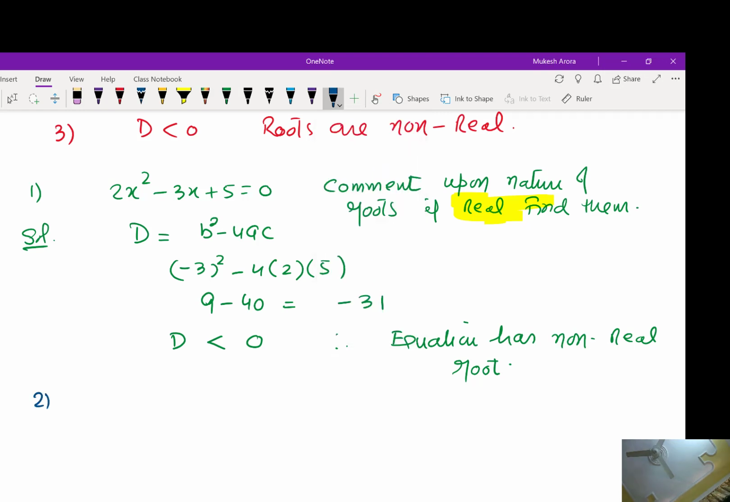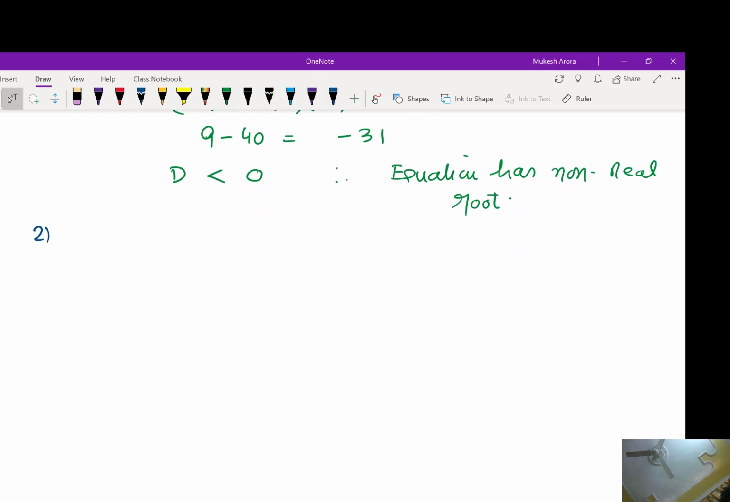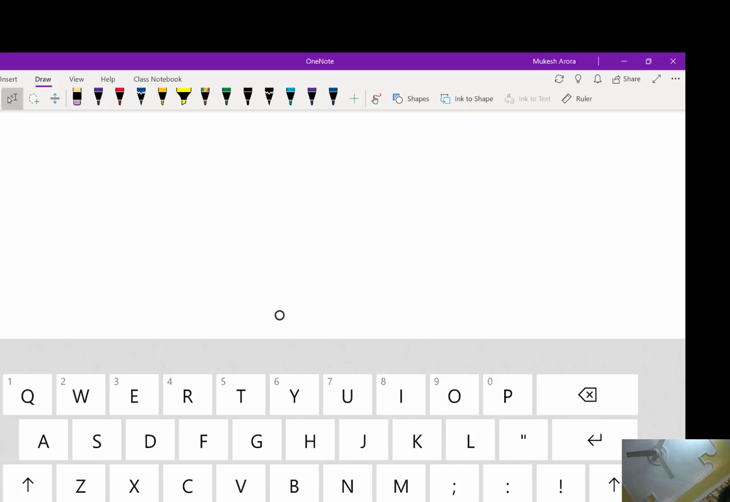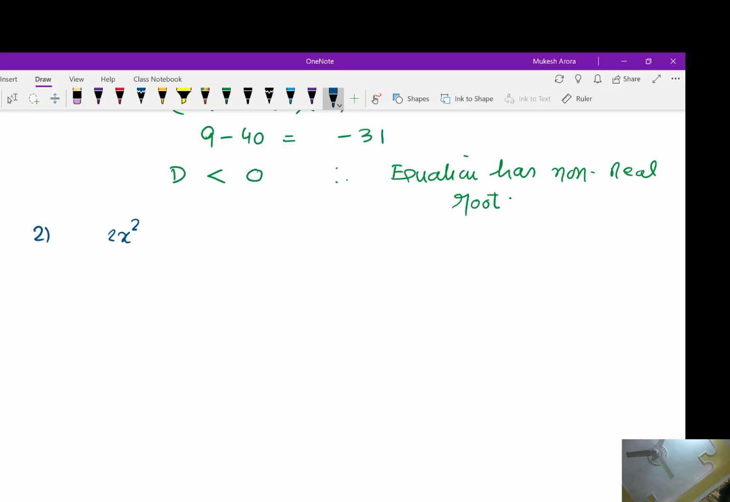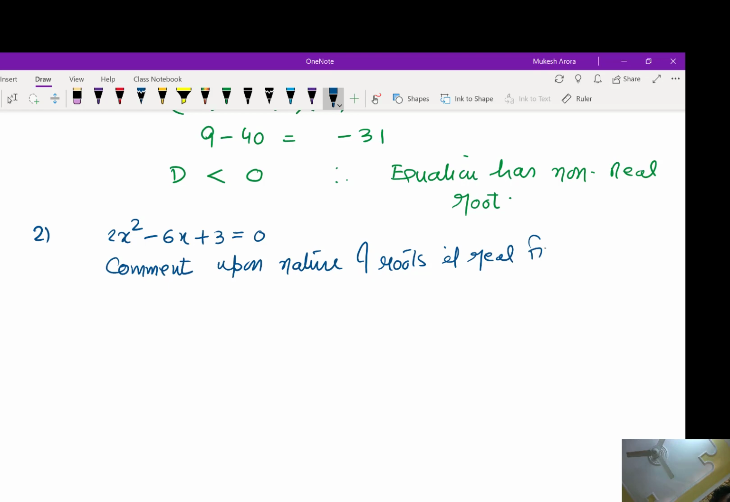Second question is 2x square minus 6x plus 3 is equal to 0. Again, comment upon the nature of roots; if real, find them. Solution: